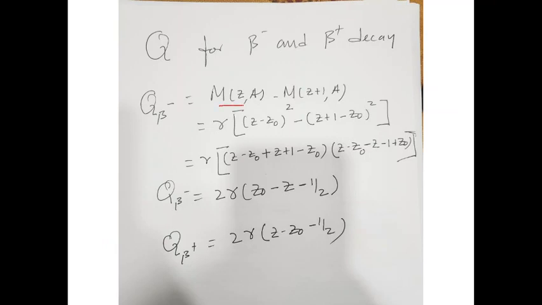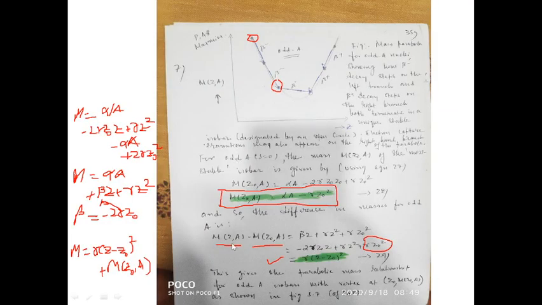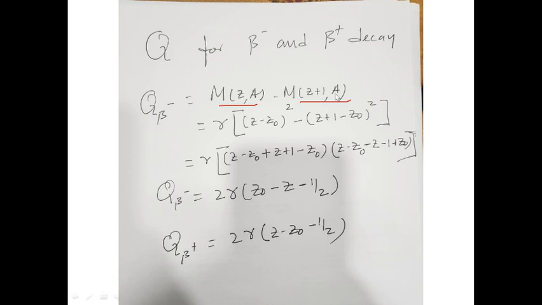So this is the mza, mz plus 1a is going to be beta minus. So here I got the mass formula. So wherever there is z, I'll put z plus 1. This m0 z0a will get cancelled for both. So you don't have to. So this is the expression. So instead of z, I'll write z plus 1 for mz plus 1a. So if I put this expression here, I simplify it further. Okay, I get this expression for beta minus.